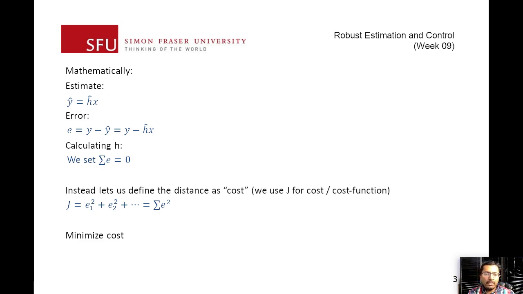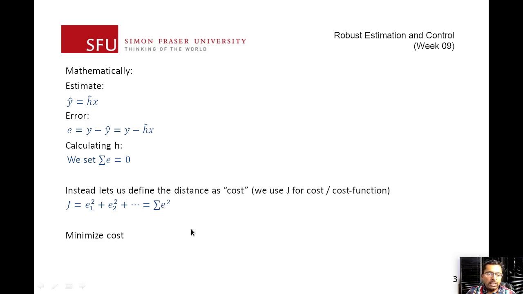Mathematically, the square cost function is a lot easier because, as we'll see, we can take a derivative with respect to h hat and it gives you a nice result. There is nothing sacrosanct about the square or choosing the cost function to be the sum of the squares of the error, just that it makes the mathematical calculation a lot easier. There is nothing stopping you from taking the fourth power, which would just make the mathematics very difficult to actually do the calculation. So we're going to stick to the square of the error.